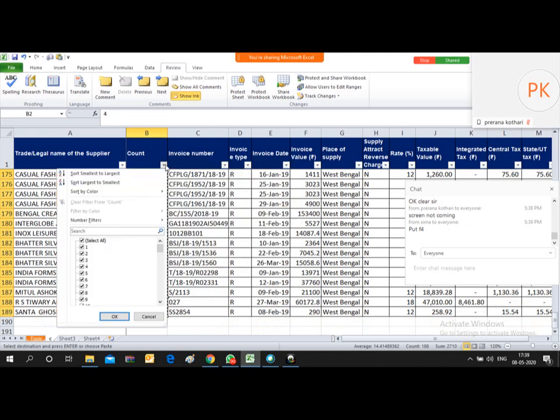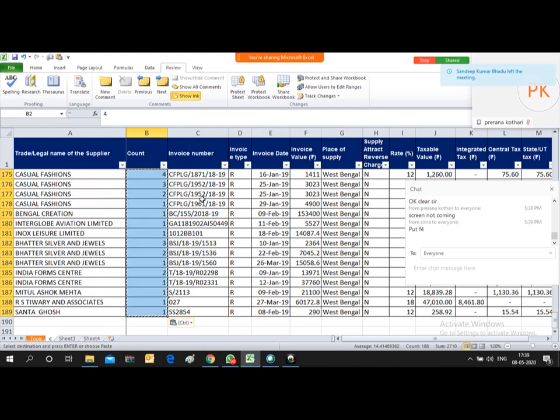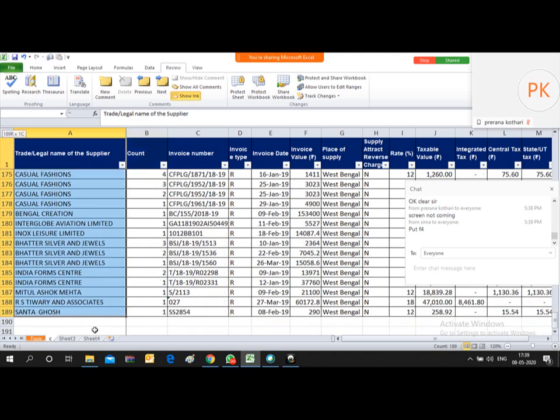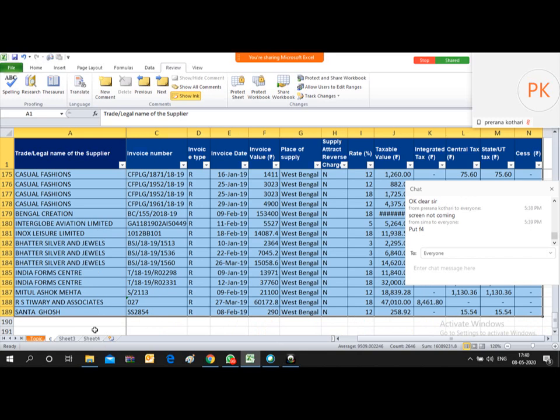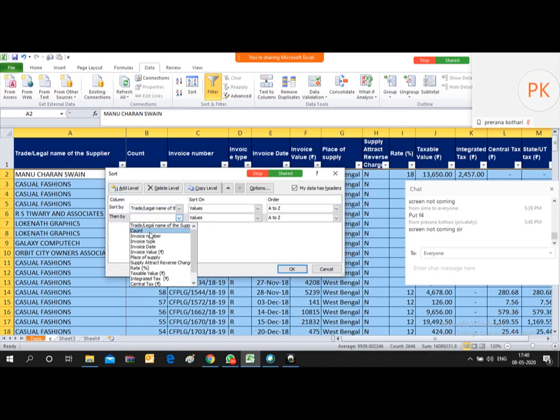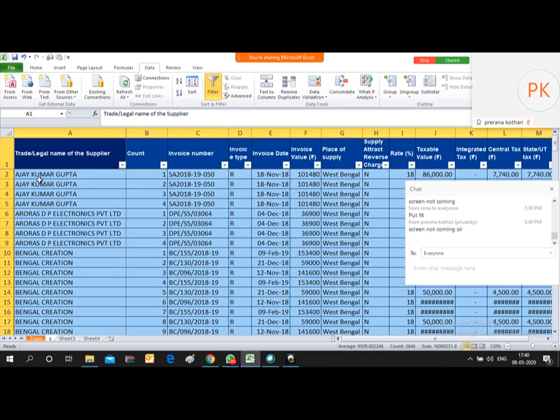Then you can sort, and using advanced sorting, which we have seen, I will provide two criteria. First, sorting by name, and then I will add one more level, sorting by count.